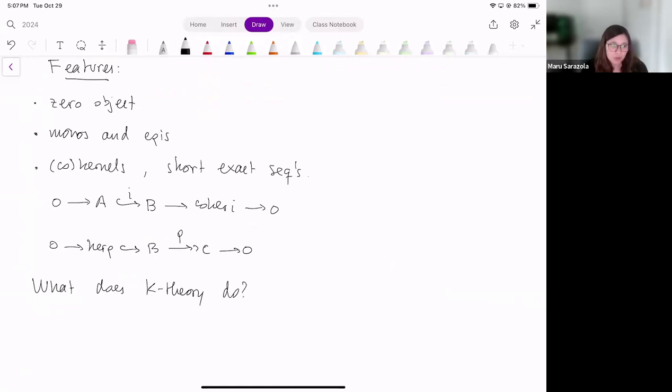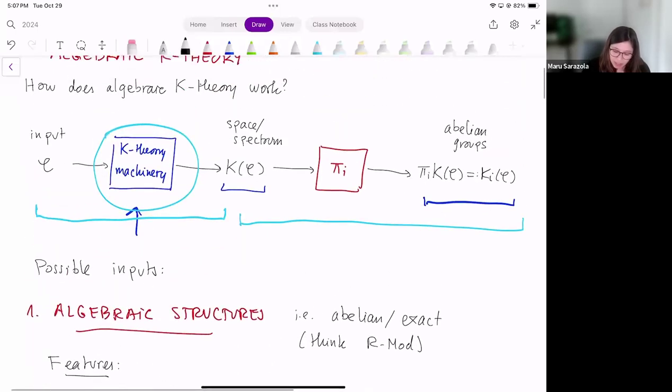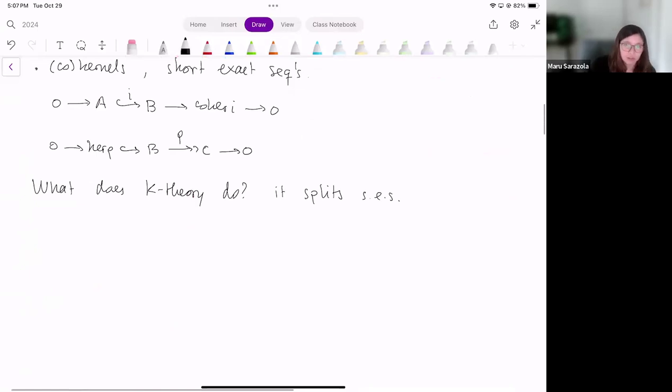Well, what it's going to try and do is it's going to try to split. So it splits these short exact sequences. That's kind of its ultimate goal. So what do I mean by this? We said up here that my K-theory is going to give me a bunch of abelian groups. So I'm going to describe the 0th group for you, because it's literally the only one that we can describe